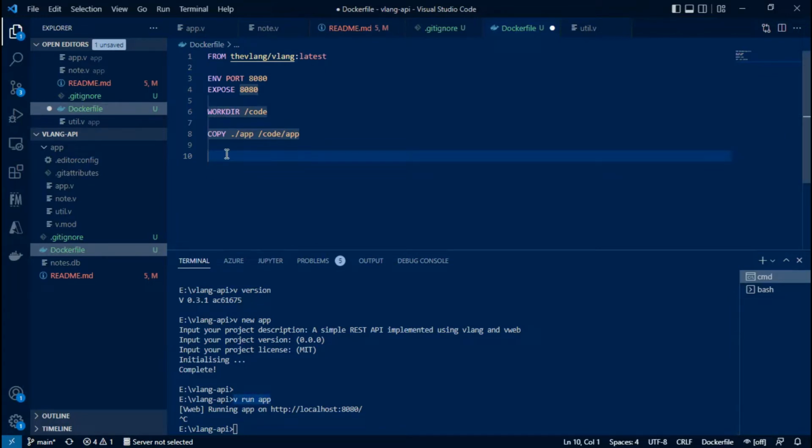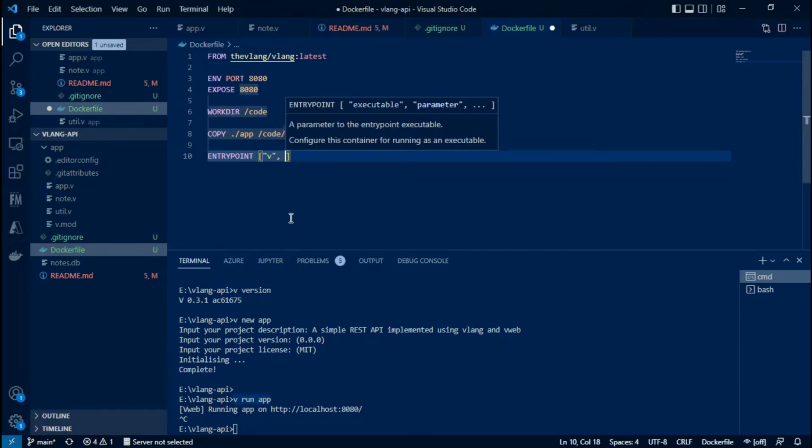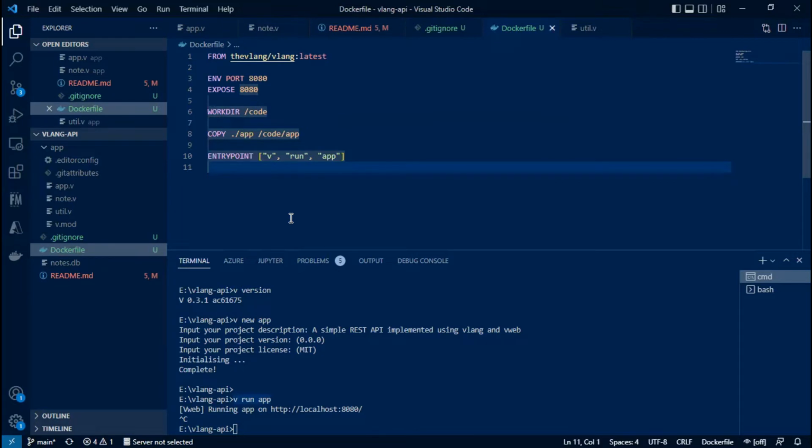Similarly, this can be reflected in the Dockerfile with the help of an ENTRYPOINT, which is all uppercase, followed by an array of arguments which will be all lowercase. As we can see here, v in one array item, run in another array item, and then finally the name of the module, which is app. Now we have Dockerized our VLAN based web API.